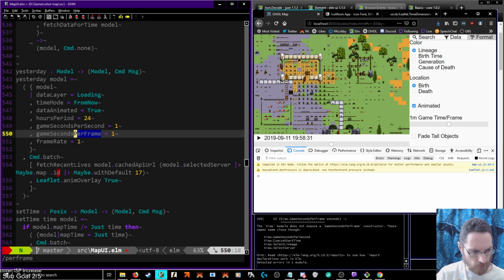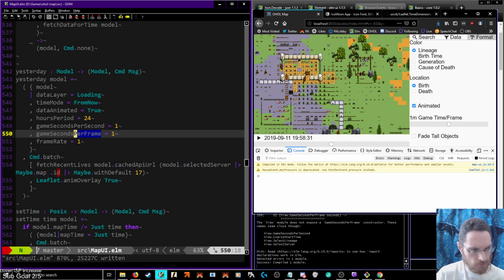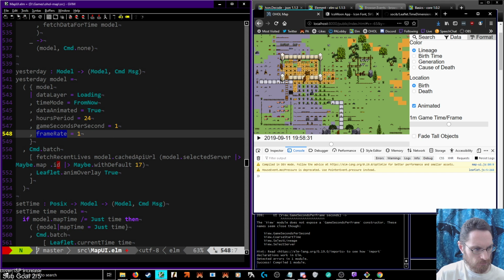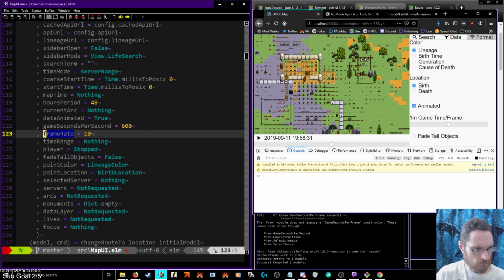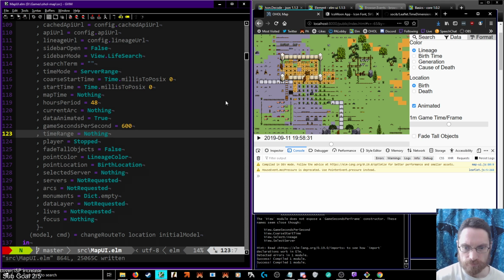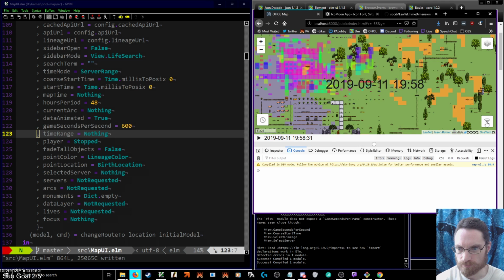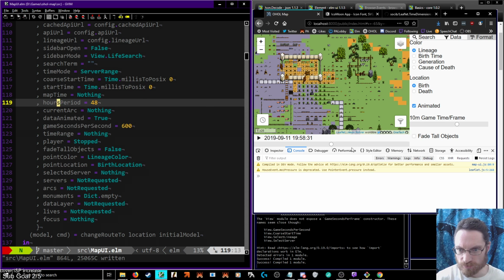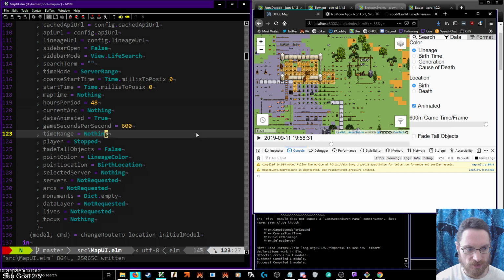Game seconds per frame. All right, so that's the UI. Okay, 10 minutes, same default. It's logarithmic, so it's kind of farther up our range, unfortunately. 1 minute. 600 minutes. Yeah, I guess my scaling there didn't